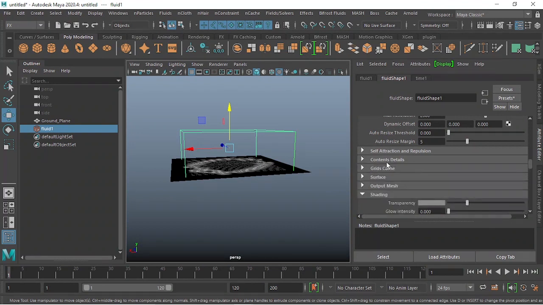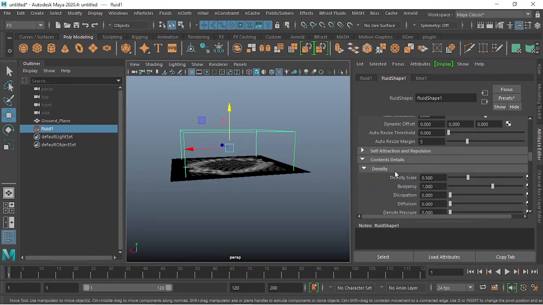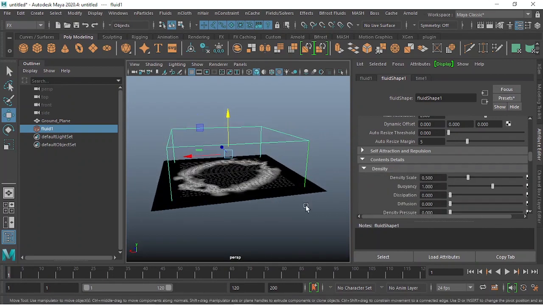If I scroll down, we have content detail. Inside content detail we have density. Density means fluid visibility, smoke visibility. So simply it means visibility, otherwise we can say the dense part of the fluid. Right now I'm using density scale 0.065,